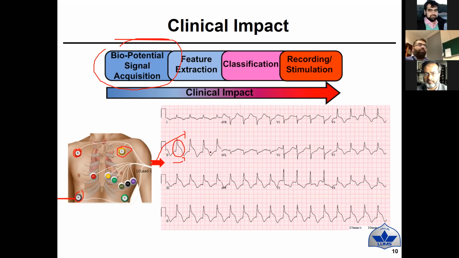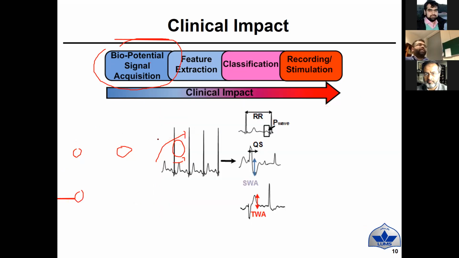Is there any abnormality or no? And based on that, we try to make the decisions. We have multiple EEG variants. Some are 10 lead systems, some are single lead, some are double lead. But again, based on requirement, we adopt that. Then the second one comes the feature extraction.